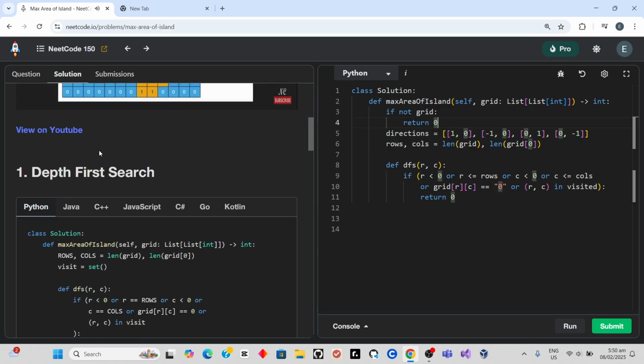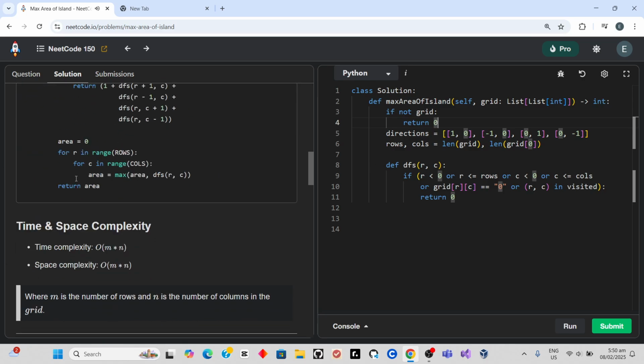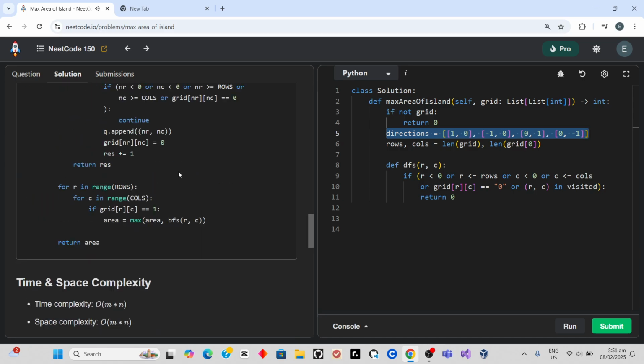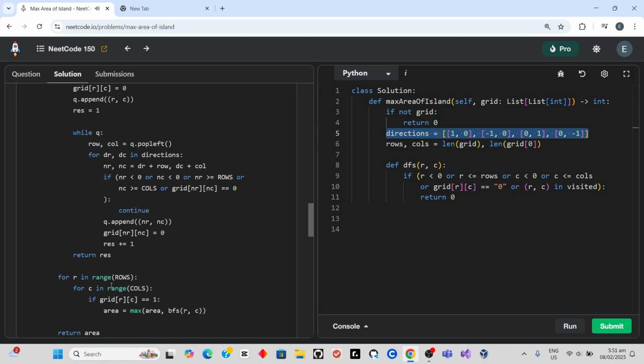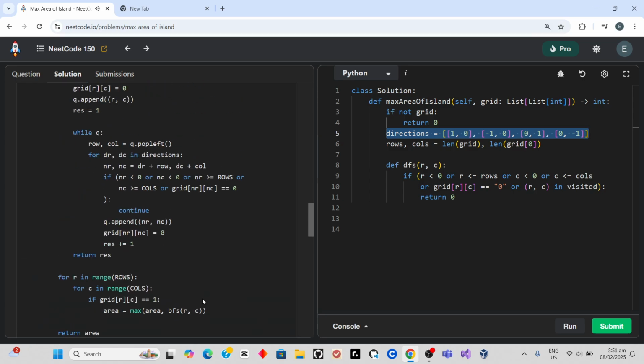By the end of it, we're going to have visited every single position and run DFS on every island, so we will know which one is the maximum. The only problem is, what if we run DFS on this position and then we run DFS on this position? Won't we get the same exact area? Won't we run DFS on the same island twice? Well, no, and that's the reason we are using our visit set, because we don't want to run DFS on